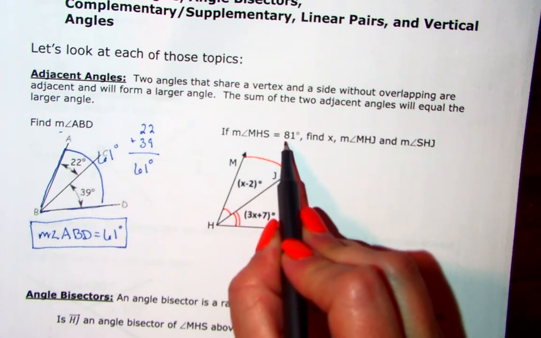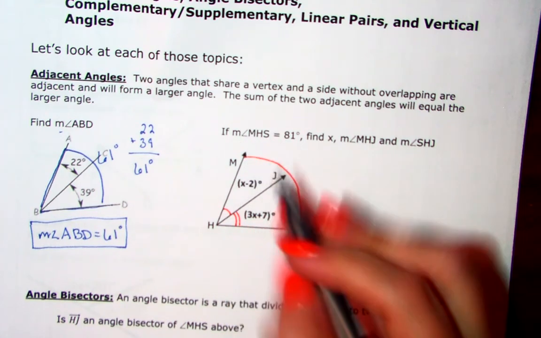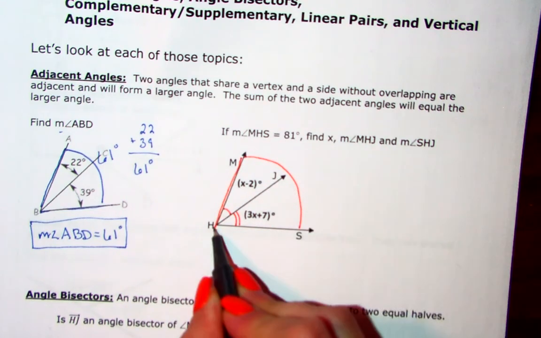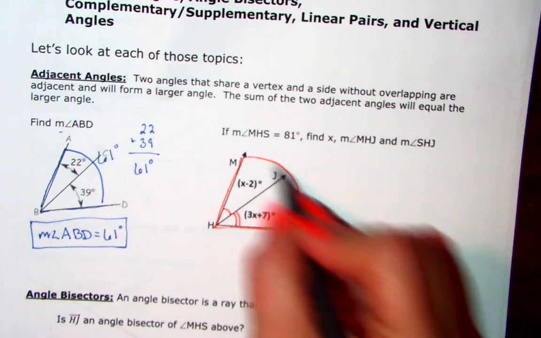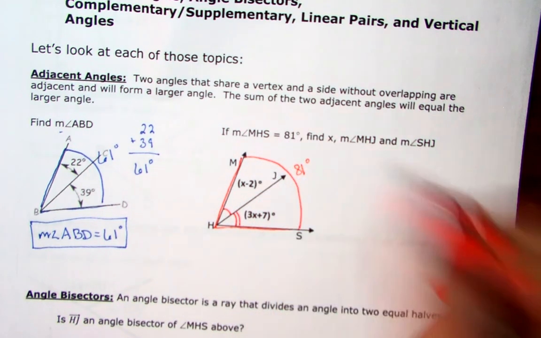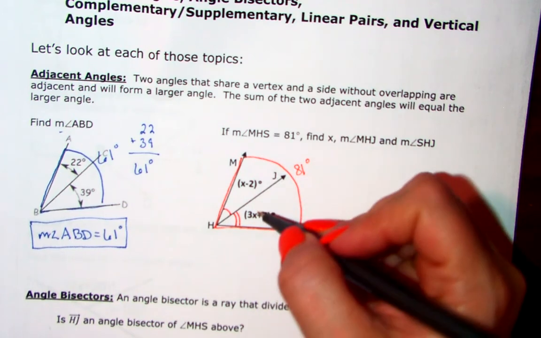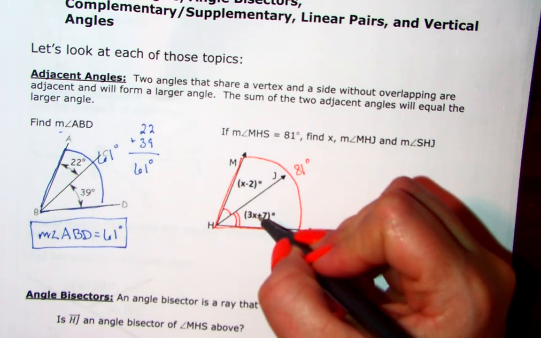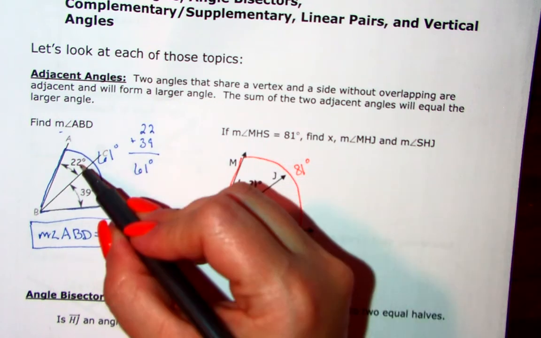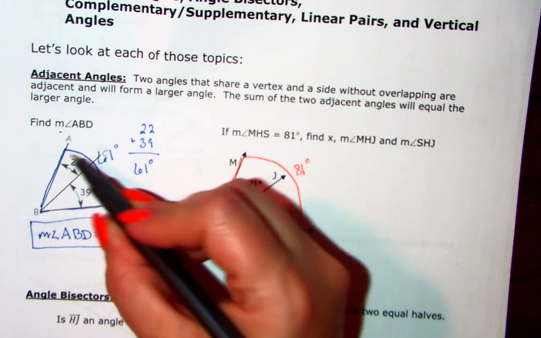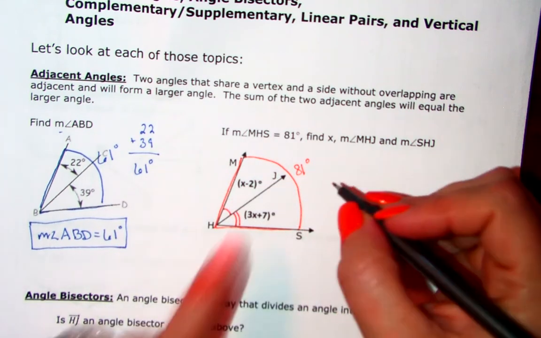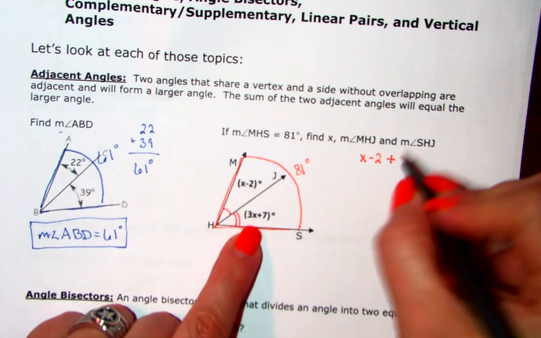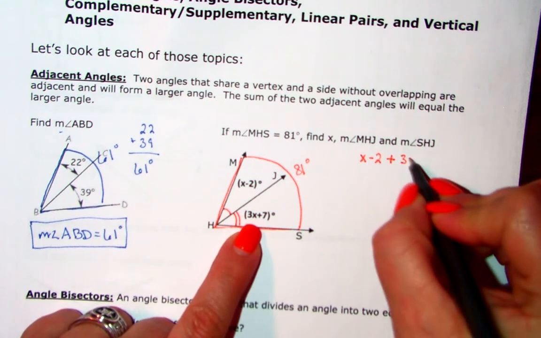So now let's see where this 81 degrees falls. MHS equals 81 degrees. So let's see where MHS is, starting from M to H to S. So that is the whole angle, 81 degrees. Then what I need to do to solve is I know that the top angle plus the bottom angle will add together to equal the whole angle, just like over here, my 22 plus my 39 added together to make the 61. So my x minus 2 plus my 3x plus 7